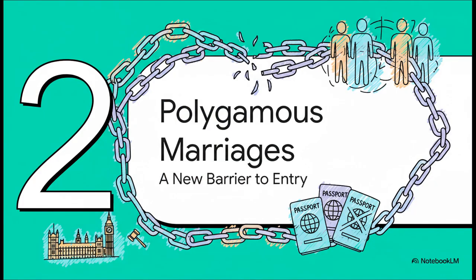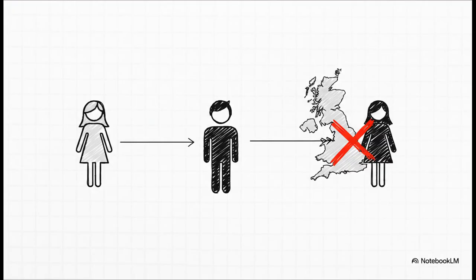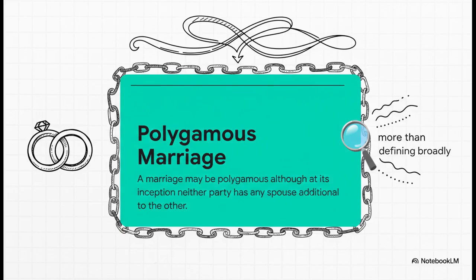Okay, next, the Act took aim at family settlement rights, and it got very specific, targeting polygamous marriages with a whole new, restrictive set of conditions. So what Section 2 did was establish what was essentially a one-wife-only rule for settlement. It meant that in a polygamous marriage, only one wife could claim the right of abode. If another wife of the same husband was already in the UK, or even if she'd just been given permission to enter, that was it. No others could follow.